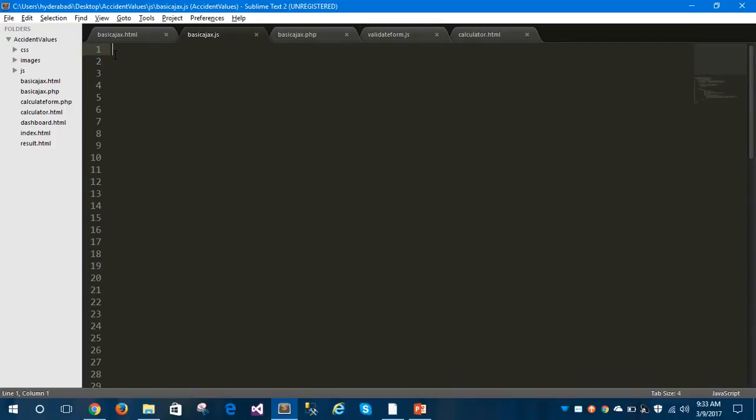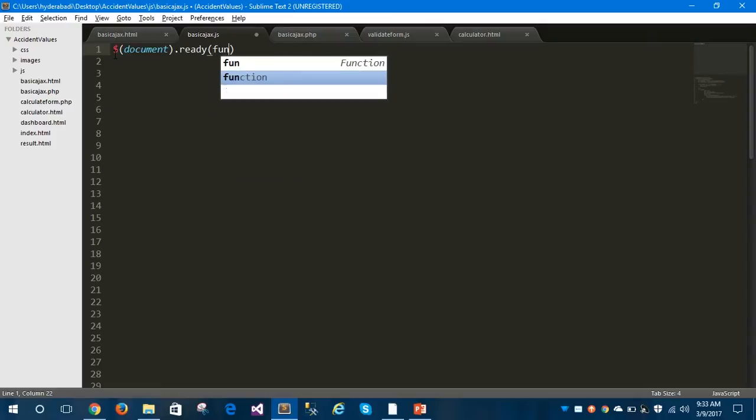Inside this JS file I'm gonna give my validations first for those two input fields. For that I am using jQuery. Yes, it's a JavaScript library, a famous JavaScript library. You can do some amazing things with jQuery. So let's get started with jQuery. Take document dot ready. Inside this function